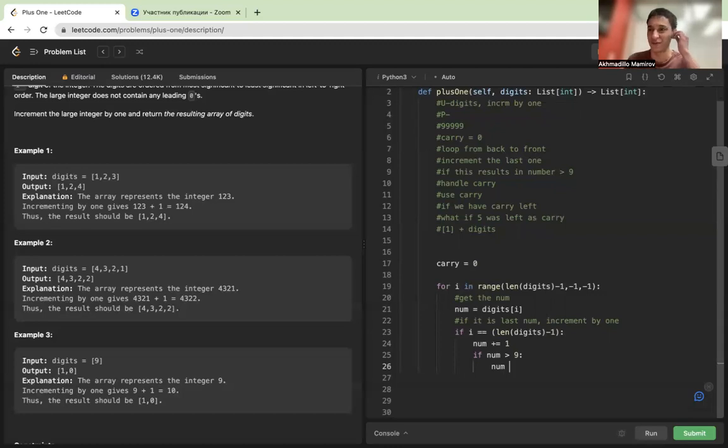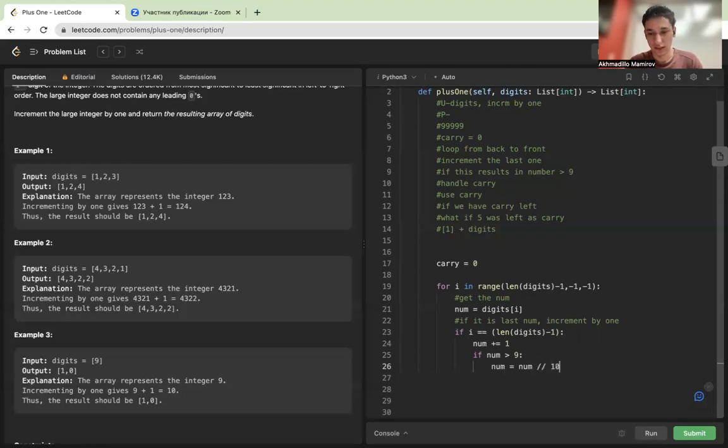Sorry, how would the math work? While we have this calculation, shouldn't we just say 5 plus 7 is 12, so we put 2 and we carry 1, right? Oh, now that makes sense. So I think the way to do it is modular 10. I don't remember the syntax, but that would be like num is equal to num mod